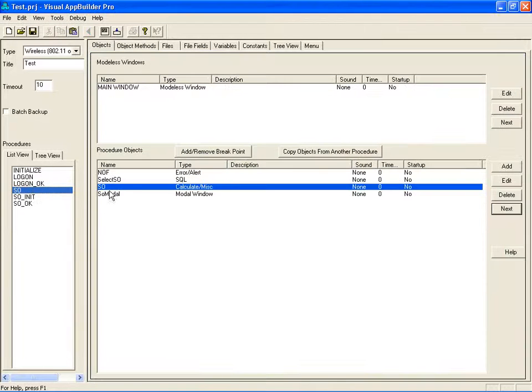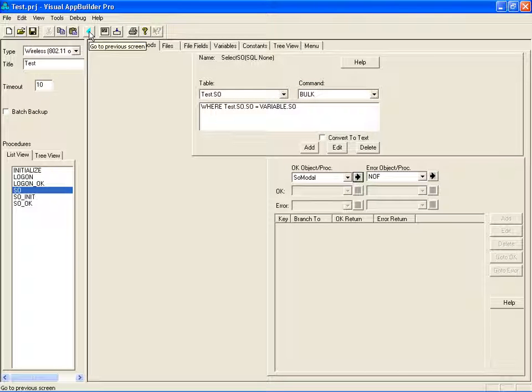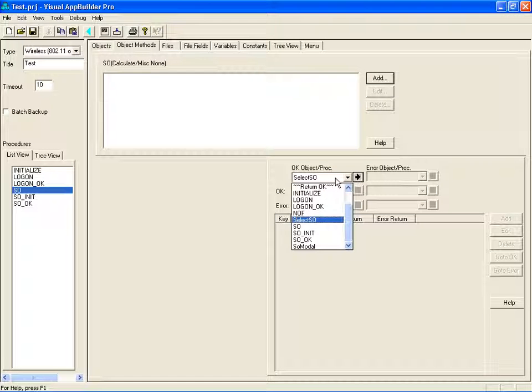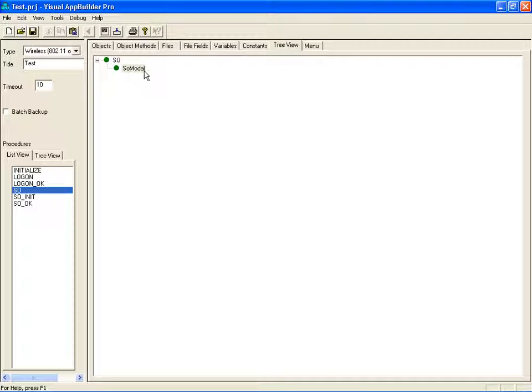And we're going to demonstrate how to move this select command out of the procedure containing the modal dialog box into the procedure that will be applied when the user clicks the OK button. The way that we do that is to get SO select out of the chain of objects that are being executed. We can now look in the tree view and see that we no longer have the selection taking place within this procedure. We're going straight to the modal dialog box once the user clicks on the sales order button on the main window. And so that means that we can now move